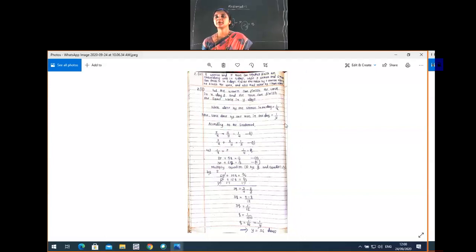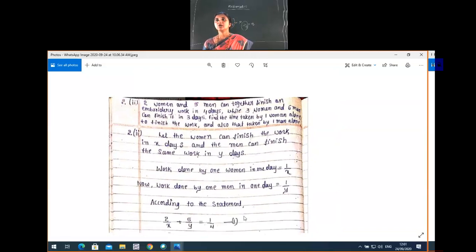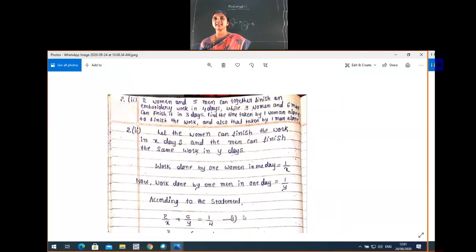Welcome back to mathematics class. Many students have asked doubts about the last two problems of the last exercise, so that is what we are discussing. I want to repeat that problem from the beginning. I will not read the question again, we will just discuss the solution part.